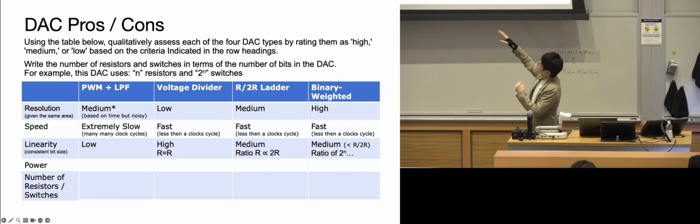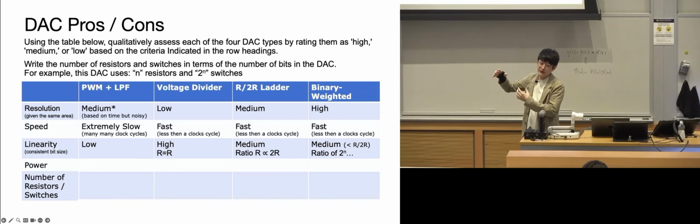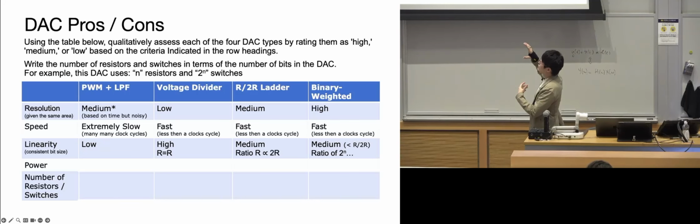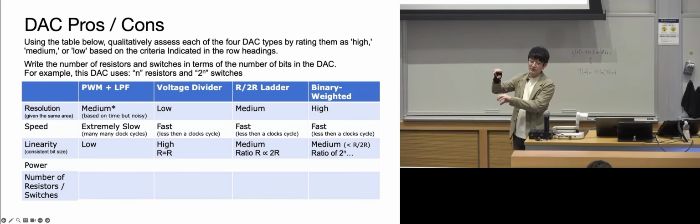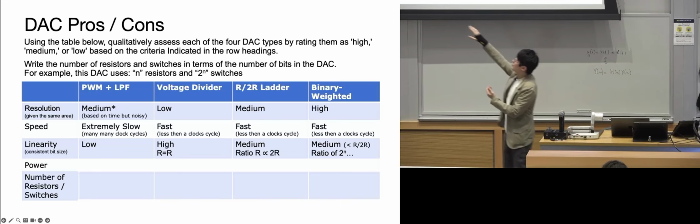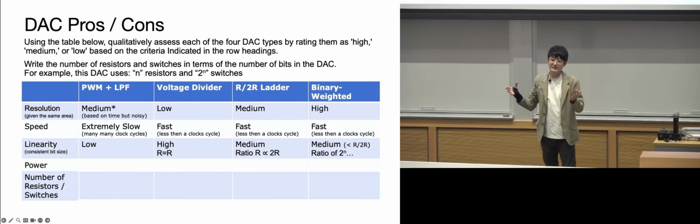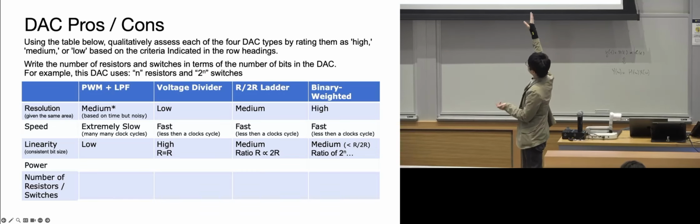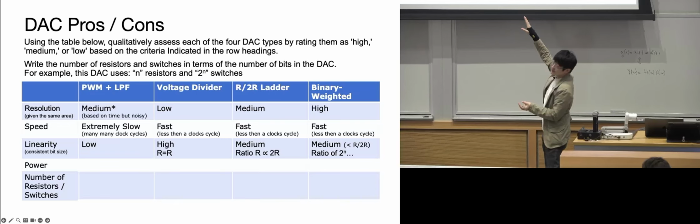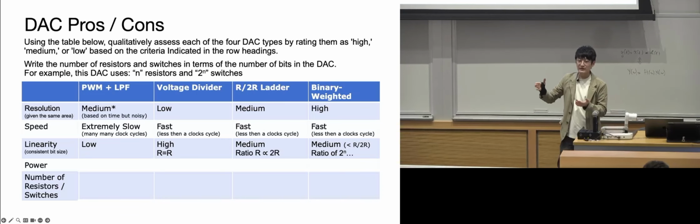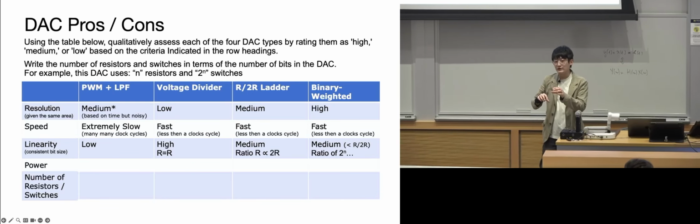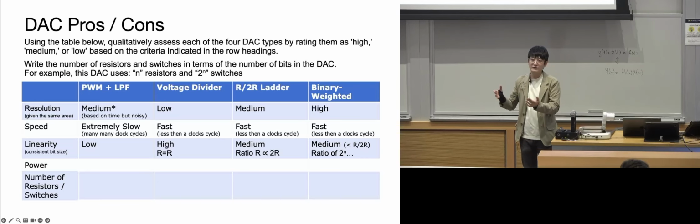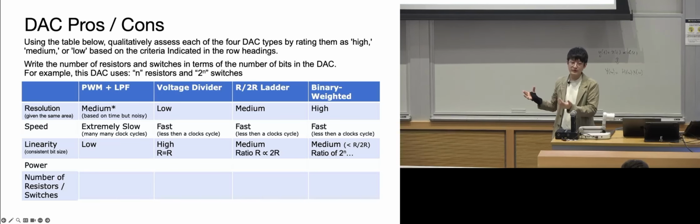The R and 2R, because it's going to be still median. You're only using two values. So that error ratio will essentially be how close this batch of R's is compared to this batch of 2R's, right? For this one, it's usually quite consistent because you use the same batch. And this one will be a bit trickier than the R-2R ladder because you have more than just two values to consider. You have 2 to the n values to consider, depending on how many bits you want.